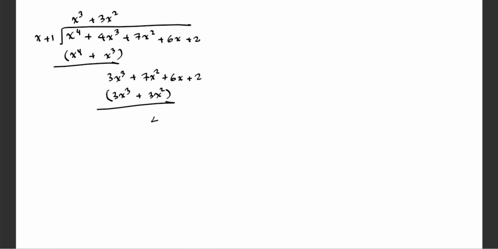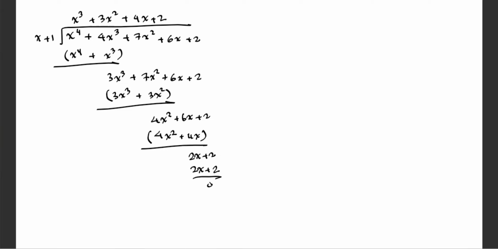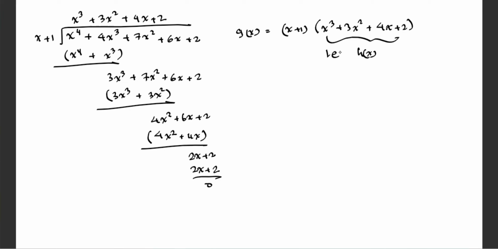7 minus 3 is 4. Here you will get 4x squared plus 4x. Here you will have 2x plus 2. Here you will have plus 2. Okay. So now you can say g(x) equals (x plus 1) times (x cube plus 3x squared plus 4x plus 2). Let's name this as h(x). Okay. Then by remainder theorem,